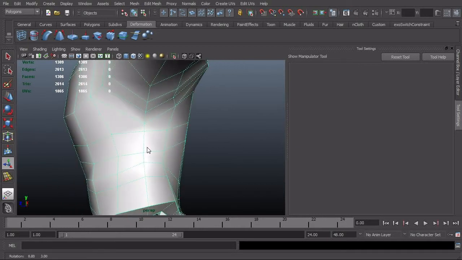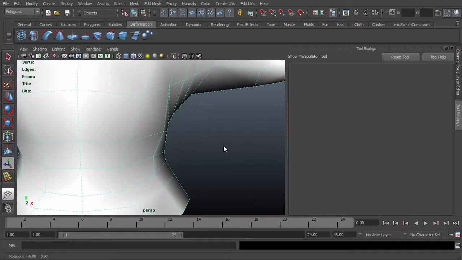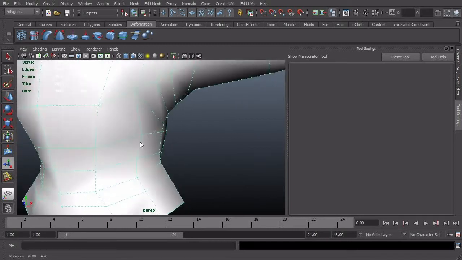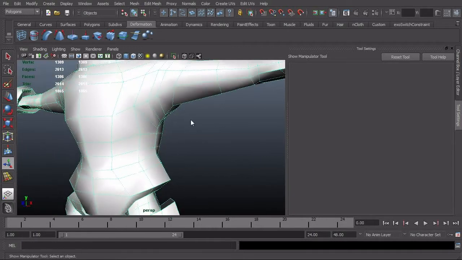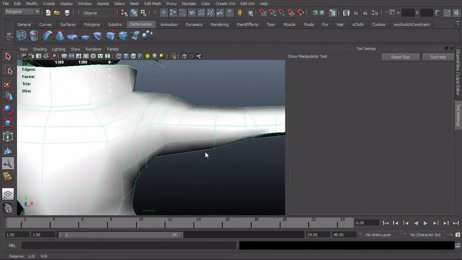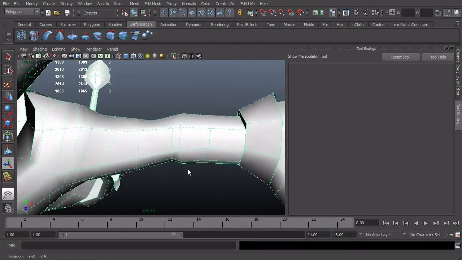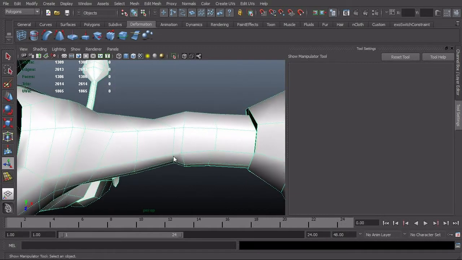Okay, and I was going to say this looks like this could potentially come out, but I actually think this is helping the form pull up here. That looks pretty good. Okay, so I'm going to leave the shoulder like that. That's looking pretty good. Now in terms of the elbow, I just did another video that you can take a look at